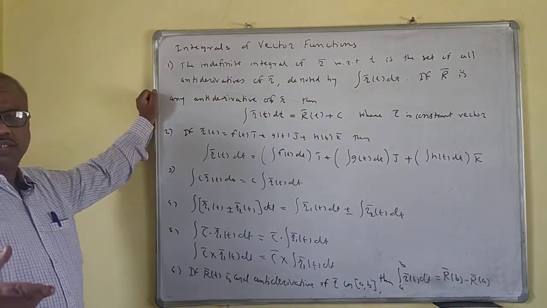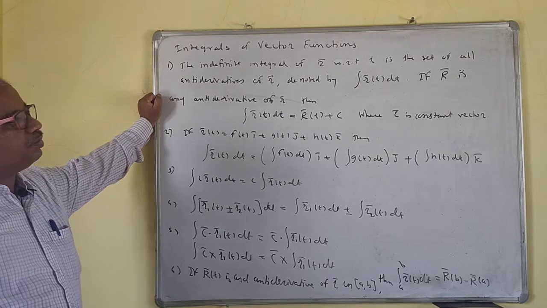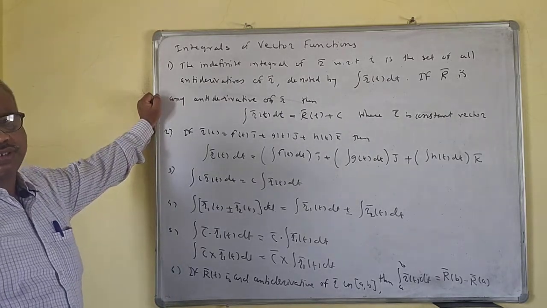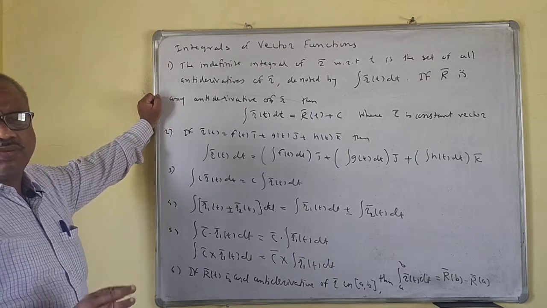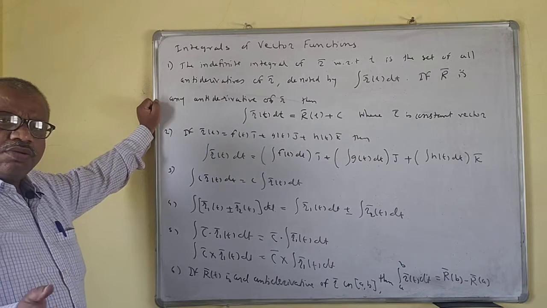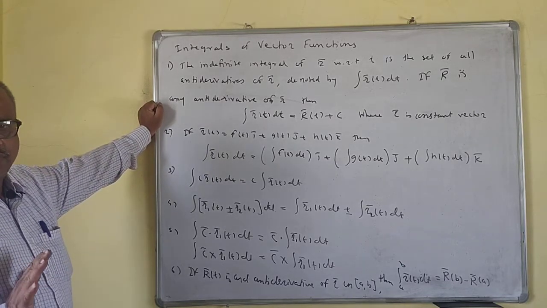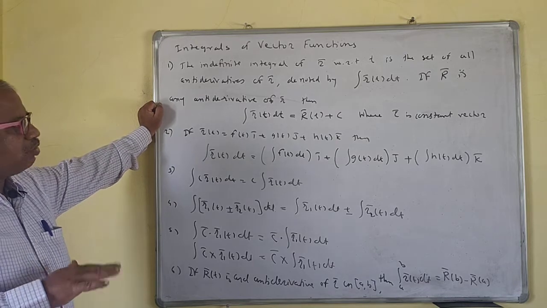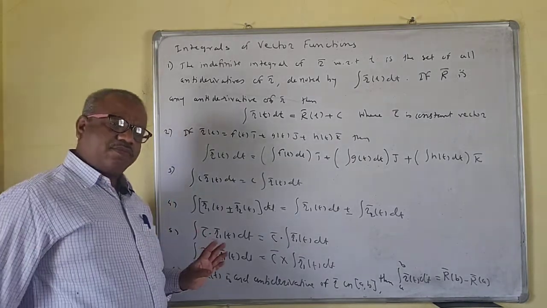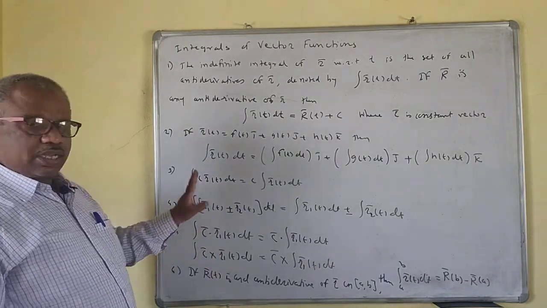Okay, in the previous lecture, we saw how to differentiate a vector valued function. Now we will see how to integrate a vector valued function. The same thing applies here as for a one variable function. There are separate formulas for integration, and you have to apply those formulas, only here it is in vector form. This is the difference between the actual derivative and this one. Here also you have to use the same rules of differentiation and integration.